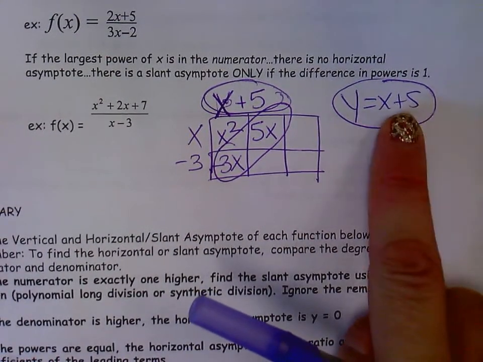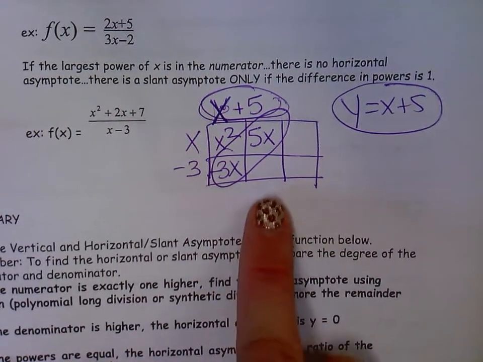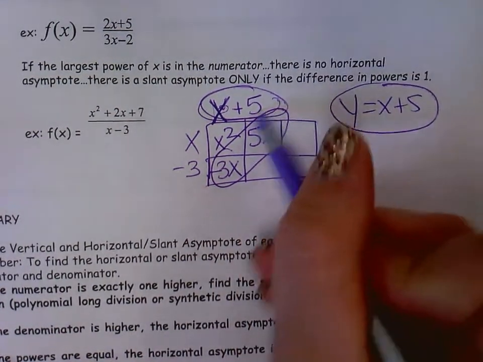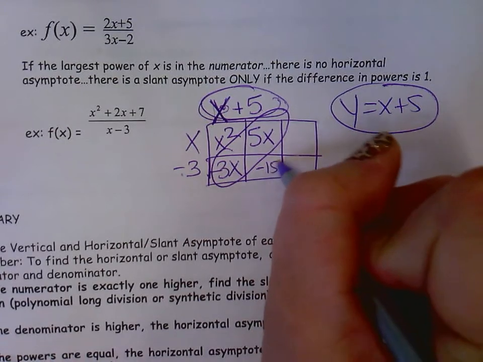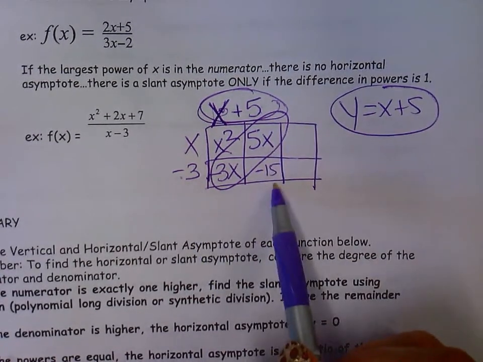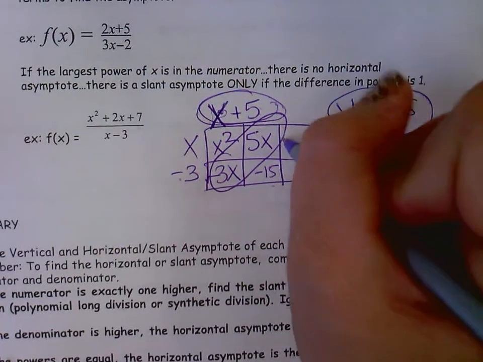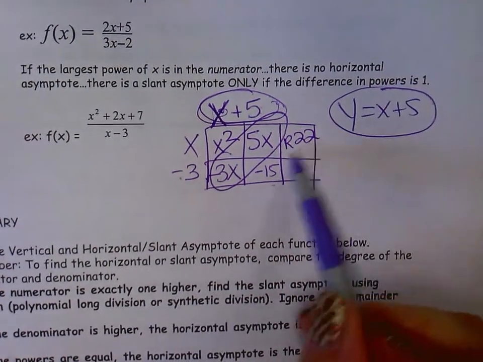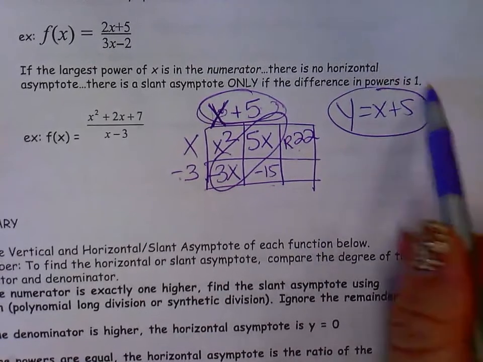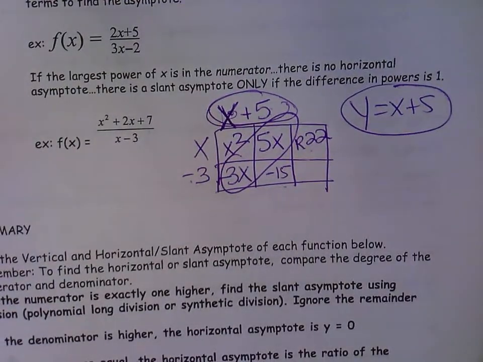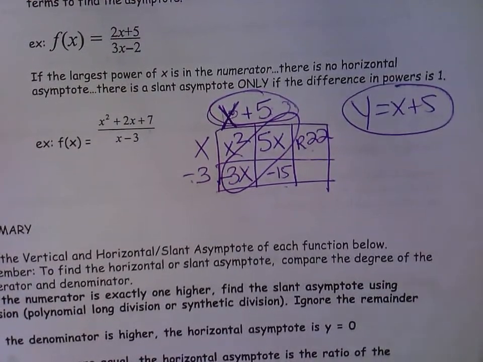That's my asymptote. What's my remainder if I want to check for a remainder? I would do the negative 15 in the bottom, 5 times negative 3. What do I add to get to positive 7 though? So my remainder is 22. That doesn't show up on my graph. So my asymptote is y equals x plus 5. So if you're not feeling